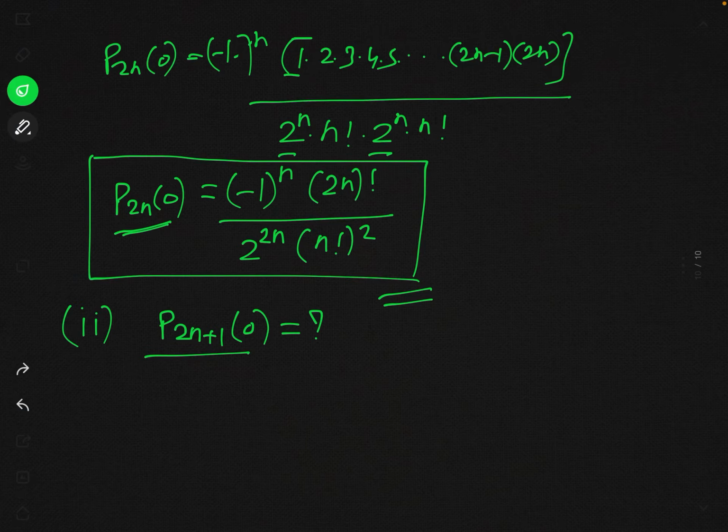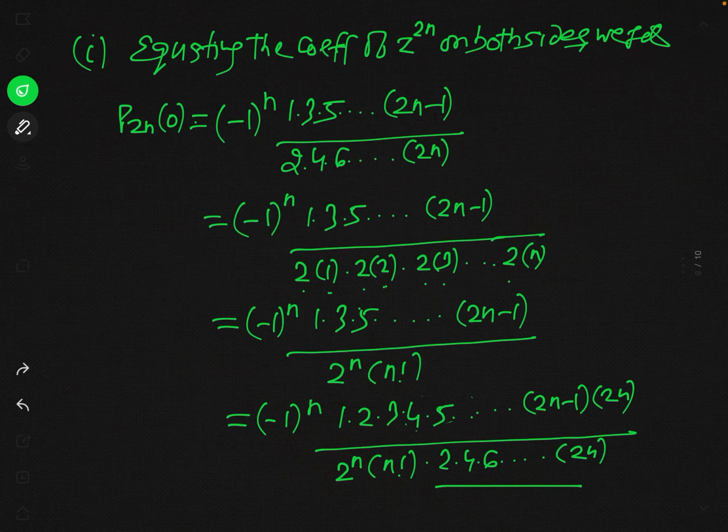सो इससे आप क्या कंक्लूजन निकाल सकते हैं? आप निकाल सकते हैं कि इसका मतलब z टू द पावर 2n प्लस 1 का कोफिशिएंट वास्तव में अगर हम इक्वेट करेंगे दोनों तरफ, तो वह चूँकि प्रेजेंट ही नहीं है उस एक्सपेंशन में, तो इसका मतलब है कि वह जीरो के बराबर है। सो क्योंकि आप देख रहे हैं कि RHS में z टू द पावर केवल इवन पावर है, ऑड पावर मौजूद है ही नहीं।